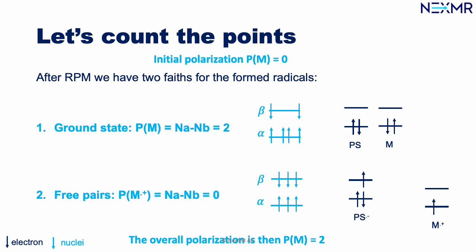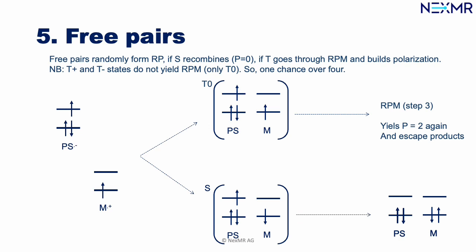Okay, we have now hyperpolarization. But this is not completely over. These 3 pairs are as well able to contribute to the hyperpolarization. Now they are in the bulk and they are able to meet randomly with other radicals. So when a radical photosensitizer meets with a radical molecule, they will meet and their spin state can be